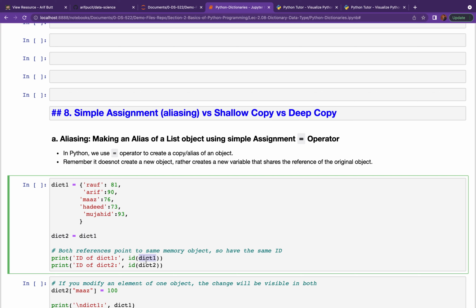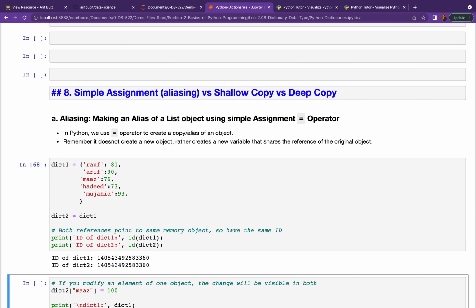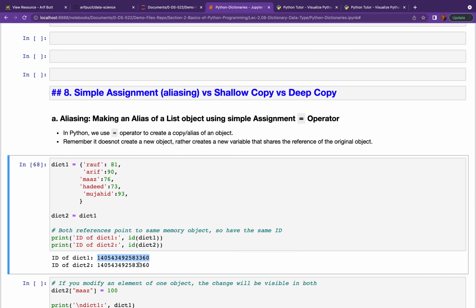So both these dictionary objects will be pointing to the same address. So 3360, 3360. So these two are just references pointing to a single memory object inside the memory.